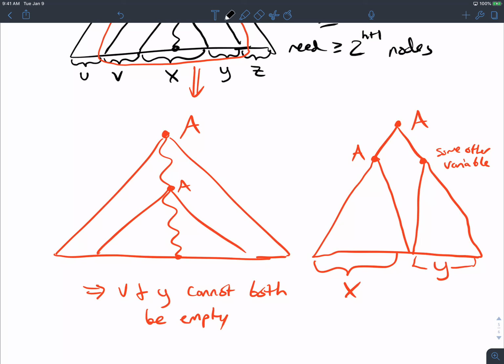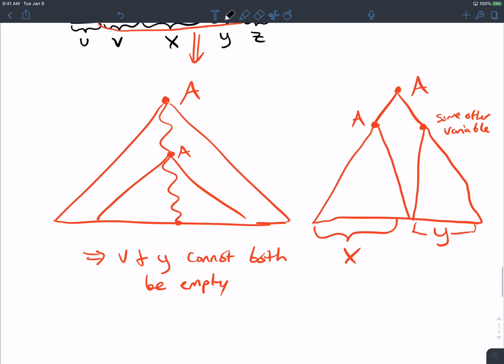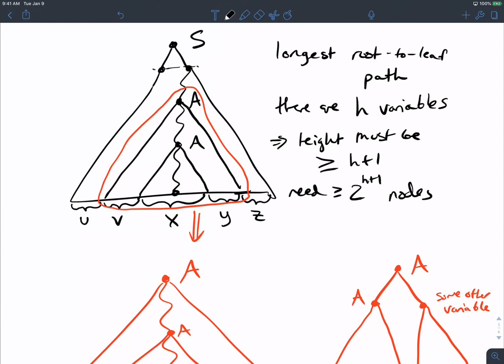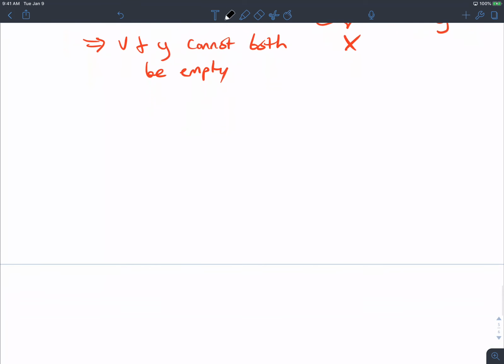No, it doesn't matter because it's context-free. So let's just try an experiment. Could I take the first occurrence of A and copy it down to where the second occurrence of A is? Just copy that whole subtree down. So what you would get is this.